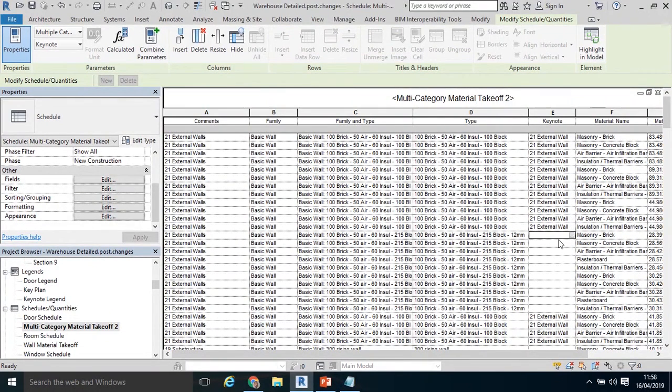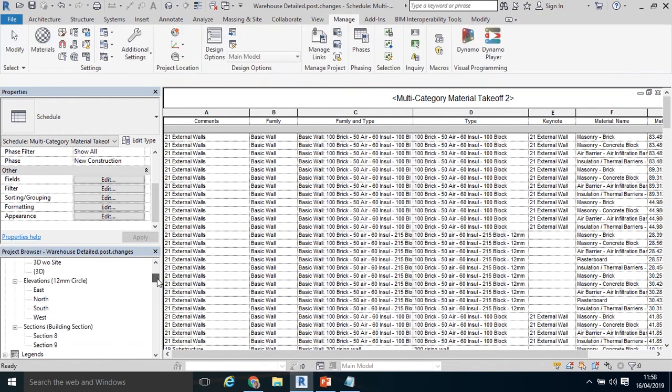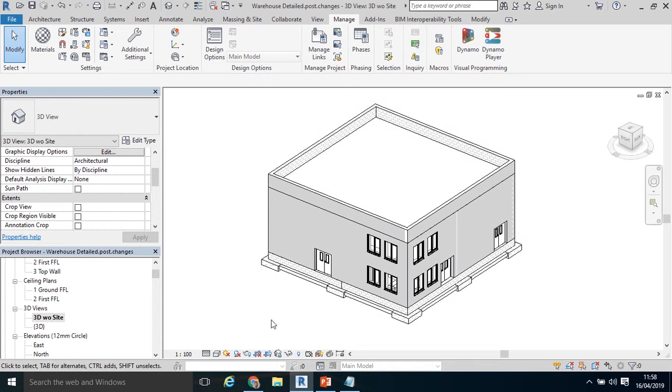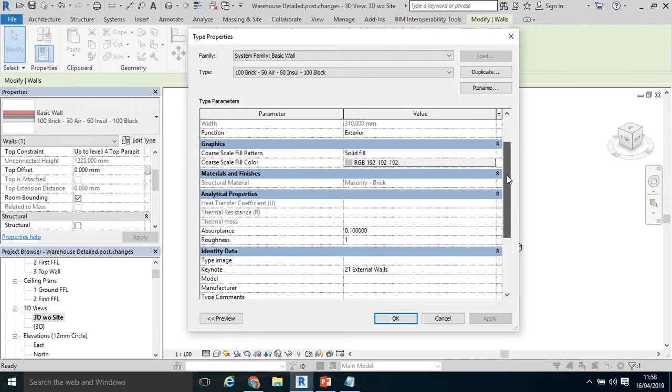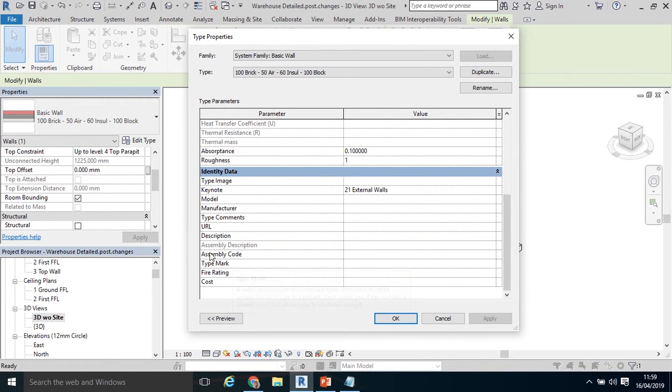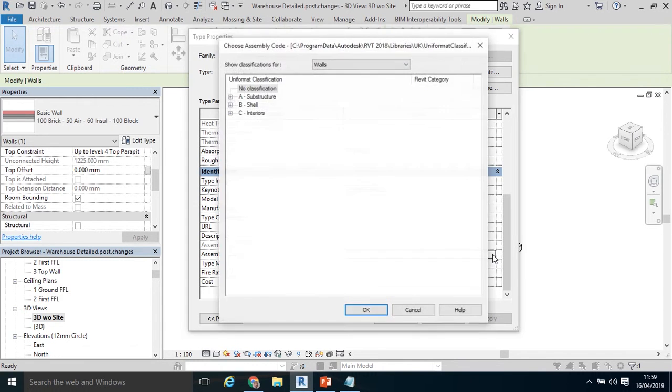Another way of coding the model is to use the assembly code. So instead of using the Keynote or an available parameter, in this case we use comments. I'm just going to go back to my 3D view, select one of my walls again, click Edit Type. So just below the Keynote is an assembly code. If I populate an assembly code, the assembly description will get correspondingly populated based on what the description is of that code. So if I select the little three dots, just like I did with the Keynote, Revit comes preloaded